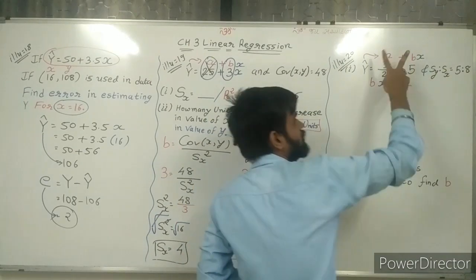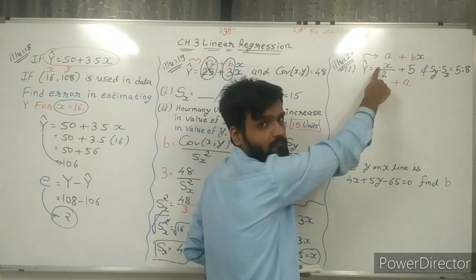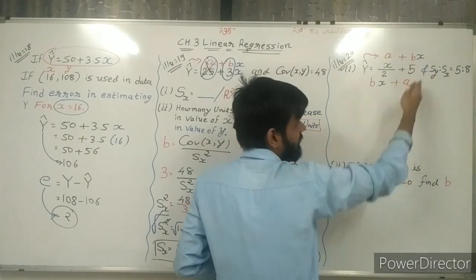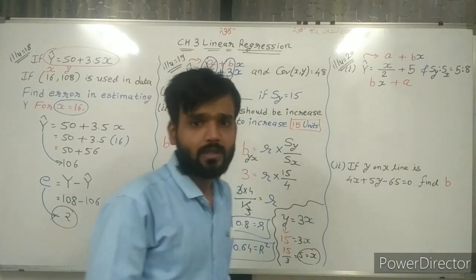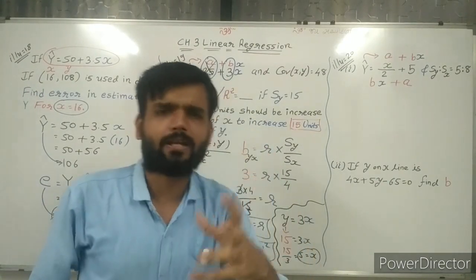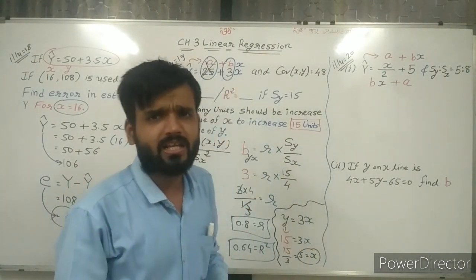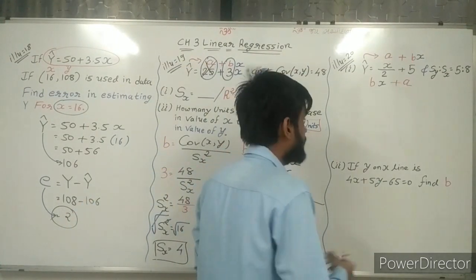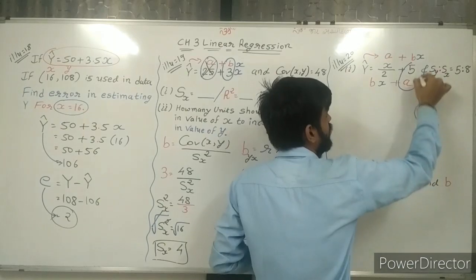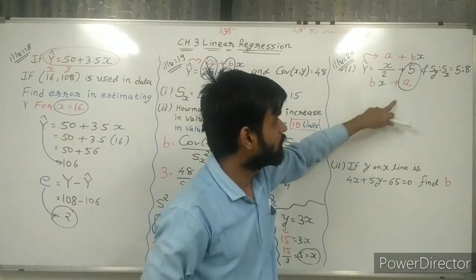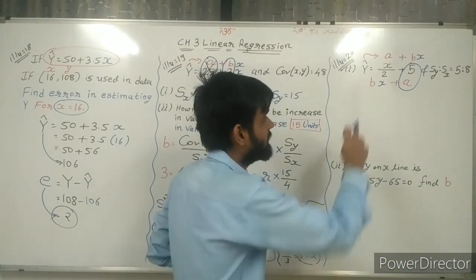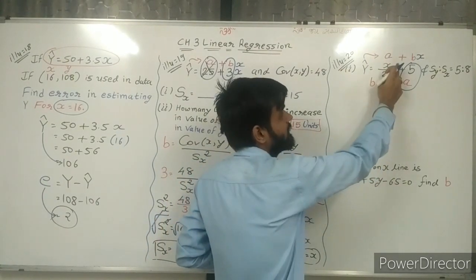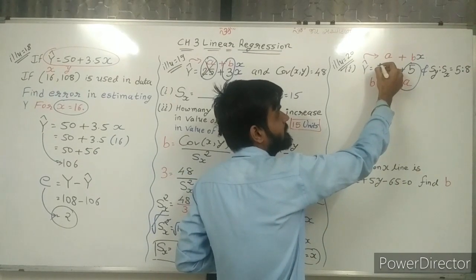So why have I changed it in this way? Because x is given first, so bx is written first and a is last. Now again I can compare. Try to understand. On this basis, I can find the value of a. Sir, we know a is equal to 5. Now compare this with x. The coefficient is b. Sir, here with x what is given? Nothing is given. It means 1 is there.